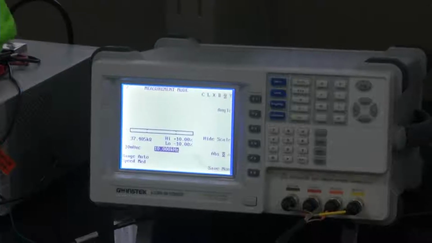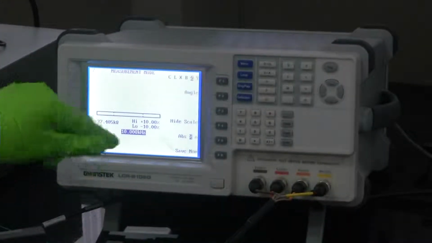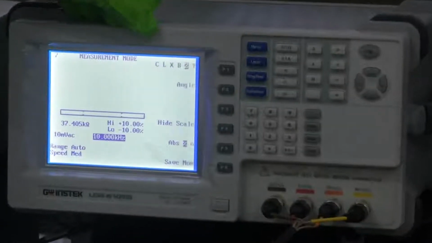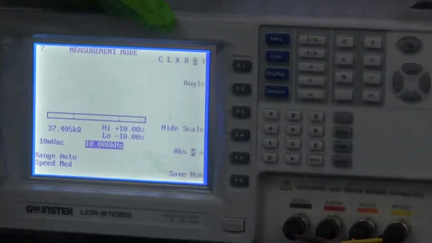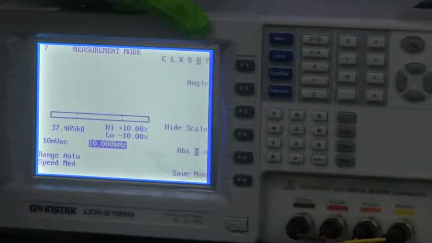Even before we start using, let's calibrate the device even before any measurement is taken. So initially, if you could see the display, there are multiple measurements. See the capacitance, L, inductance, reactance, susceptance, impedance, admittance.